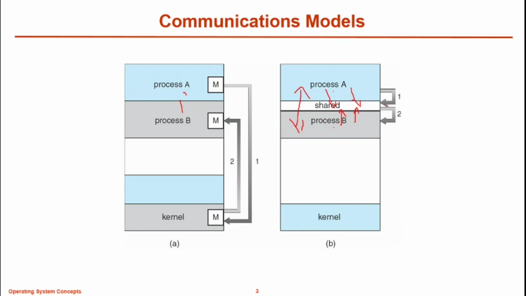And there is also a producer and consumer process. Shared memory can also work as producer and consumer. For example, if A produces some input or output, and this is the data required by B, then process A will be the producer and process B will be the consumer. In some cases, process A requires the resources or data from process B, then B will be the producer and A will be the consumer.